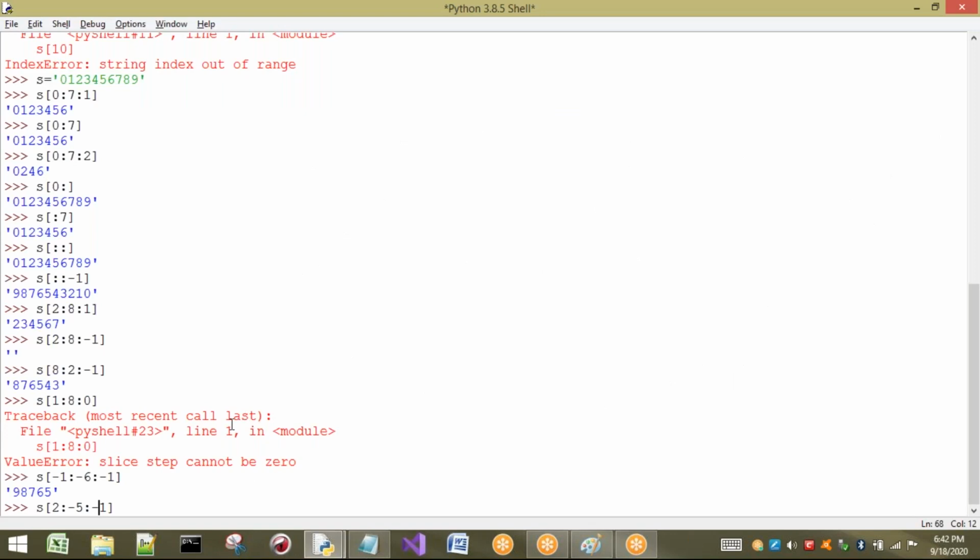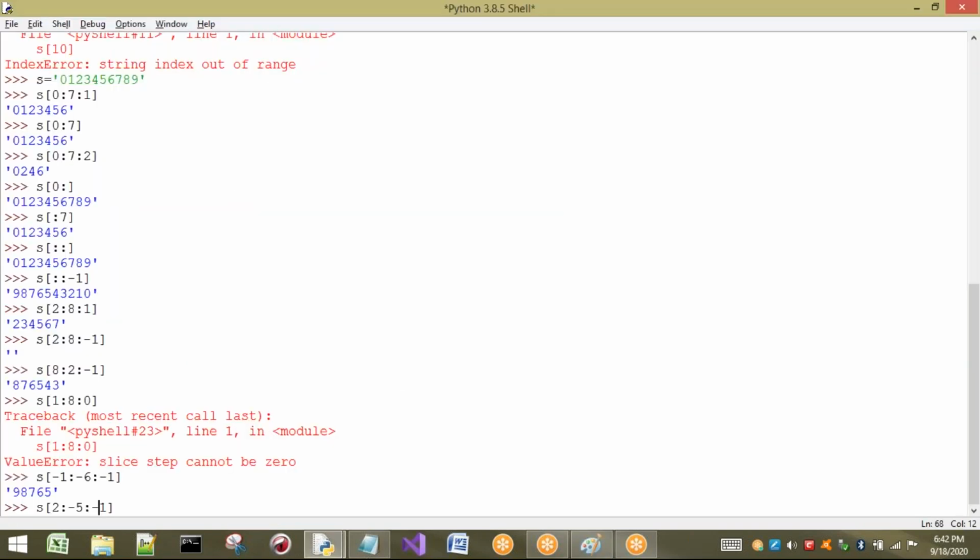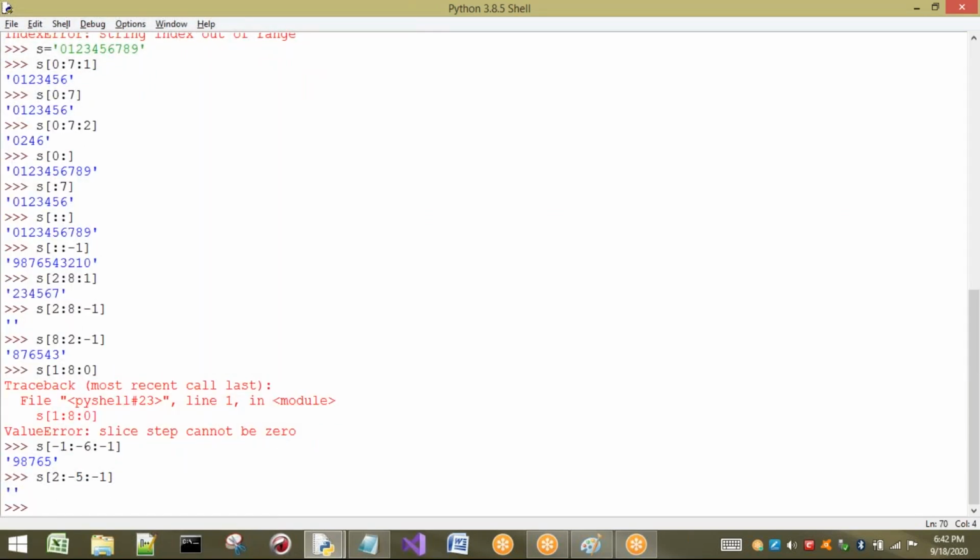From reverse direction, I want to take 2 to 5. In reverse direction, is there any 2 to 5? It is not possible. First 2 should be there. Is there any 2 before coming minus 5? No. So it is not possible. So we are going to get an empty string. Same example I will consider, but I will take from the positive side. Compulsorily this point should be understood.